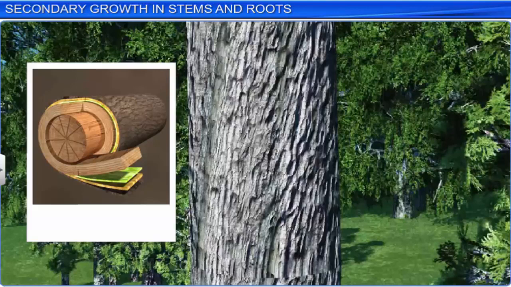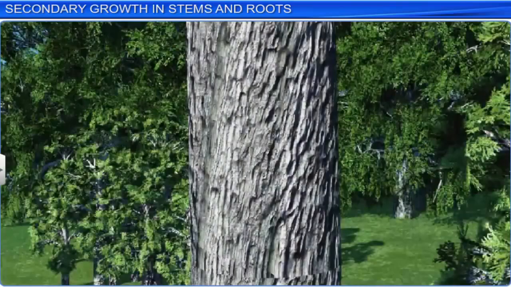Bark formed in the early season is called early or soft bark, while bark formed at the end of the season is called late or hard bark. Due to the formation of bark, gaseous exchange between the internal living cells and the outer atmosphere is cut off. To facilitate gaseous exchange, phellogen cuts